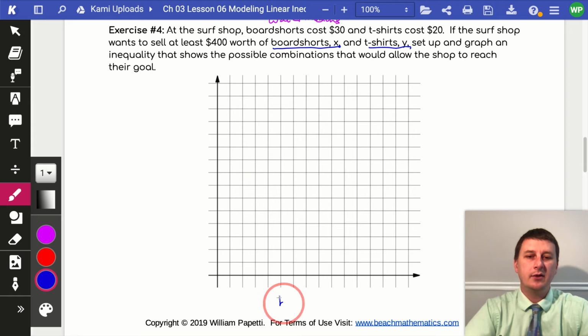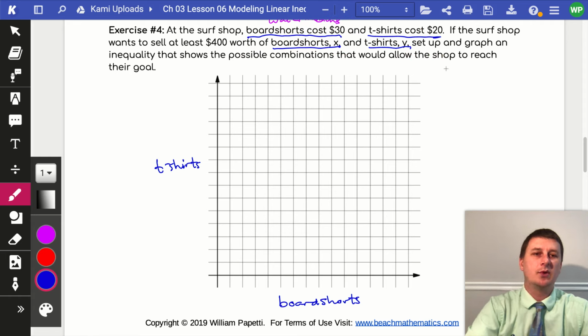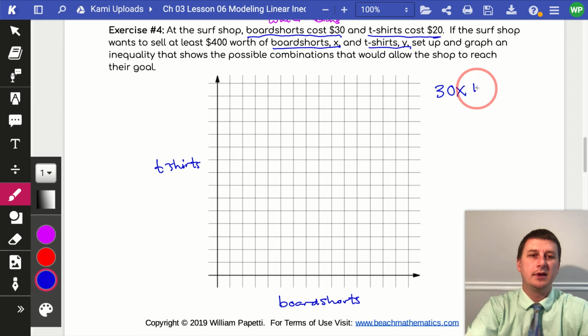So let's go ahead right away and label our axes with the information they gave us. We have to use board shorts as our X values, it tells us to. And we have to use t-shirts as our Y values, it tells us to right there. Now, knowing this information, we could also set up an inequality because we know that board shorts cost $30 and t-shirts cost $20. So $30 per board short plus $20 per t-shirt, and the surf shop wants to sell at